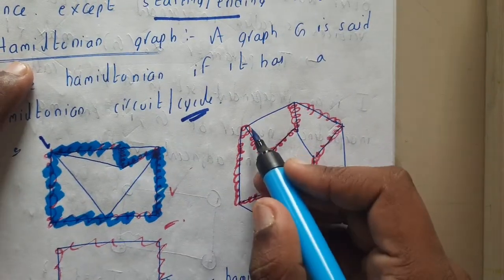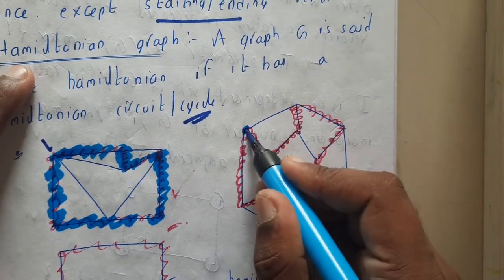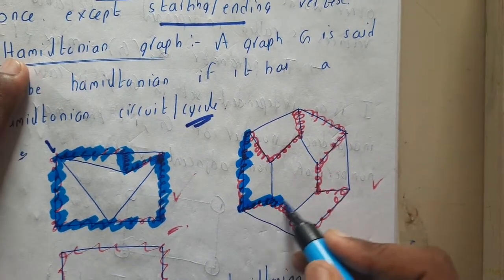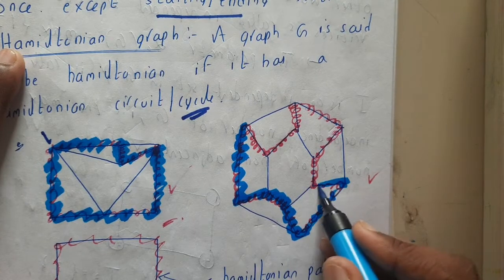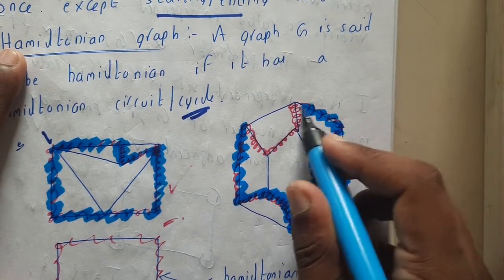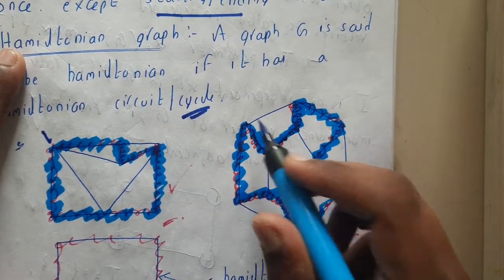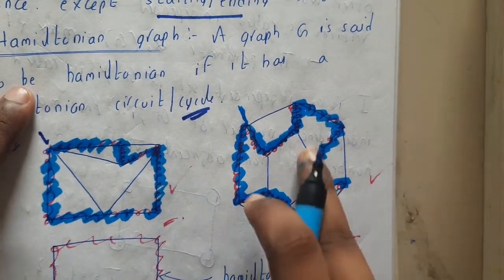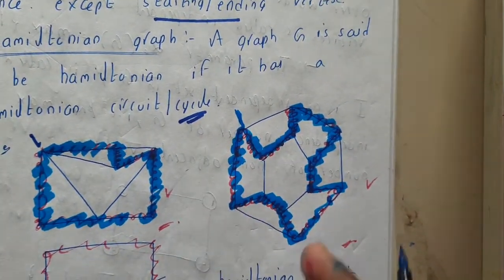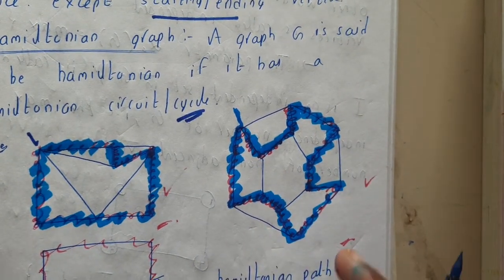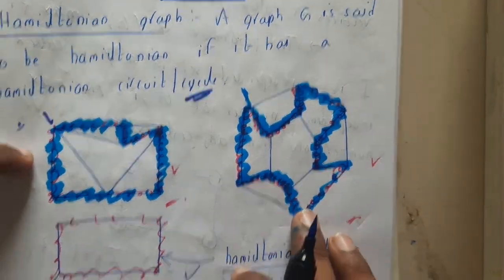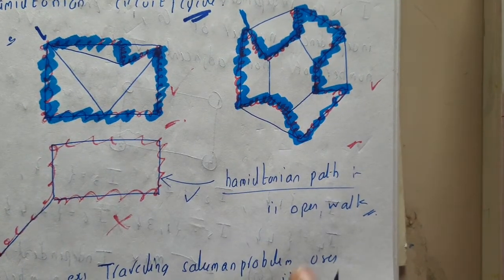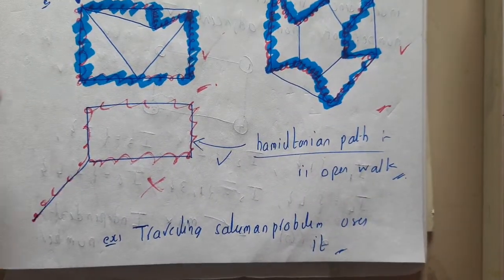Okay. Similarly for this, let us assume we started here. We traveled in this way. We started here and we ended here. Hence, this circuit is nothing but a Hamiltonian circuit, and this graph is a Hamiltonian graph. So we discussed two examples which are Hamiltonian graphs, right? Now let us go through one more example which is not.